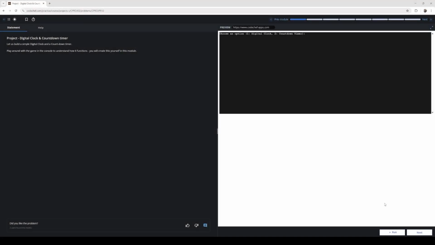Today we're going to be discussing the project Digital Clock and Countdown Timer from our course Projects for Beginners in C. So let's begin. We're going to be building a simple digital clock and countdown timer. That is, we're going to take input from the user as to what they want to see. And if it's digital clock, we're going to display the current time, which is going to be updated every second in the same line. And if it's countdown timer, then we're going to count down from a time given by